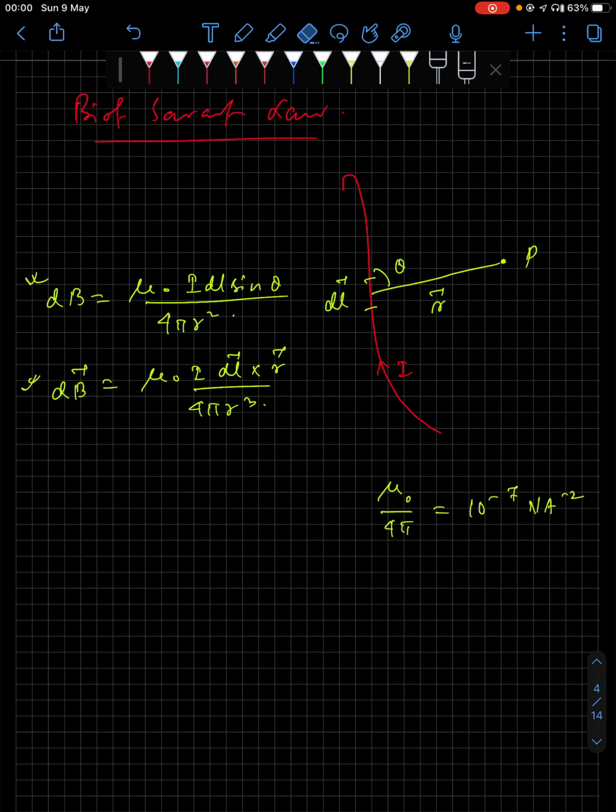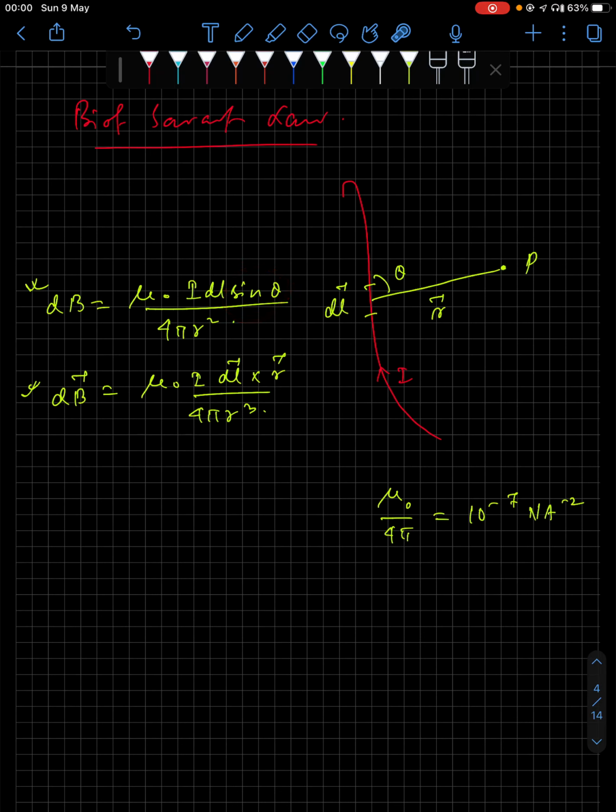Now you see the strength of the magnetic field at the point P, which is dB. This is directly proportional to the current carried by the wire, so the more current in the wire, the more the strength of the field at the point P. Next, it is directly proportional to dl, it is directly proportional to sine theta, and it is inversely proportional to r square. So what it says is, the greater the distance r, or the further the point P from the wire, the weaker the magnetic field at the point P. This is one point which you need to remember.